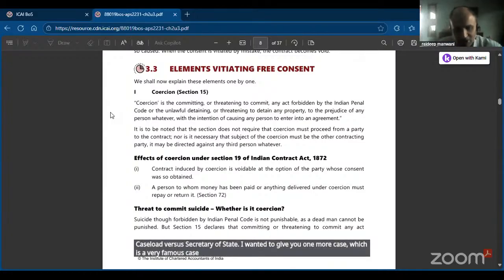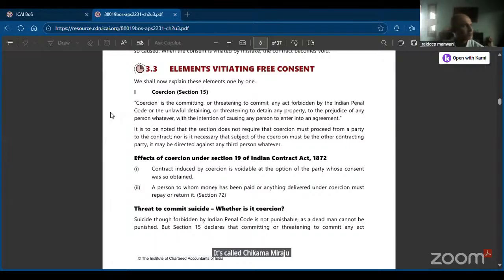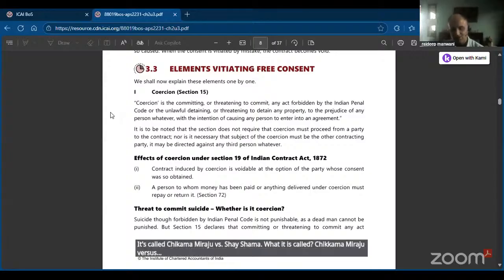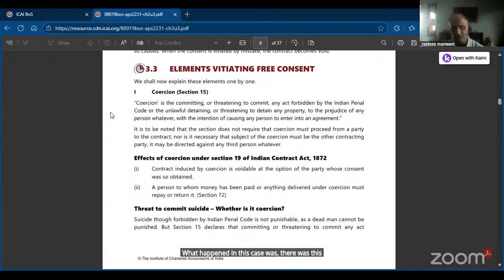It had come in your exam. I'll do it now here itself because I forgot. It's called Chikkam Amiraju versus Sheshamma. What happened in this case was there was this lady called Sheshamma whose husband's brother had borrowed some